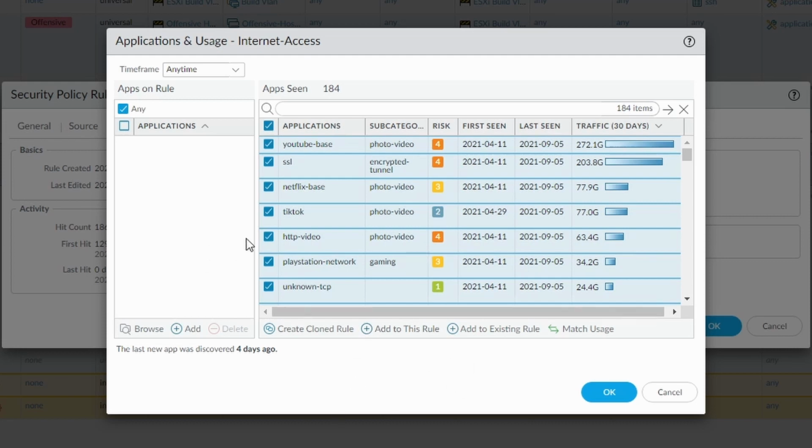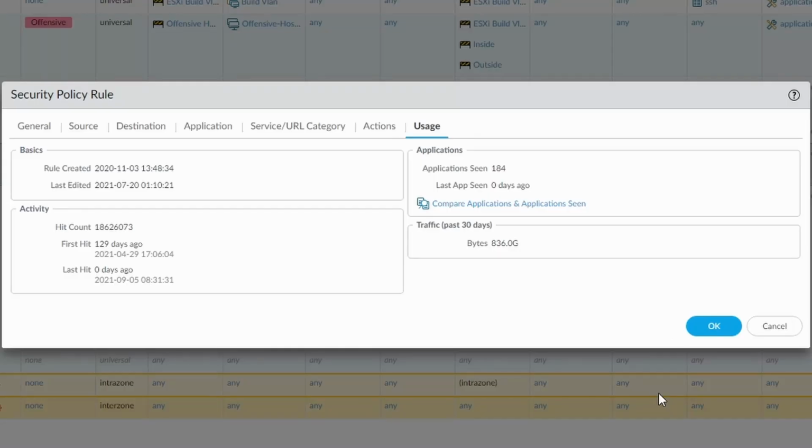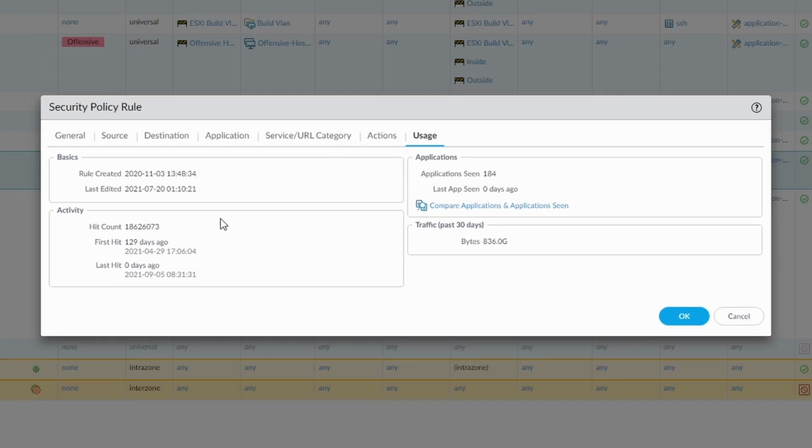Whereas if you add this to this rule, and then a new application comes along, it will be denied. But you can add it to this rule if you are happy that it's going to work. Okay, and then you create a cloned rule of this one and do the same thing as we were saying before. When you go to create a cloned rule, it'll give the option to clone it either before or after. Always clone it before, otherwise you won't see whether anything's hitting it or not. Okay, so that really is the security policy rule